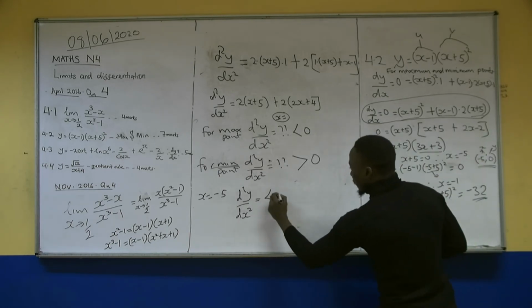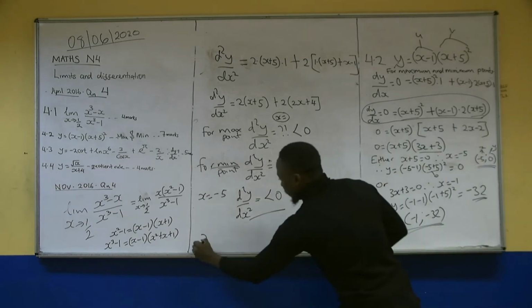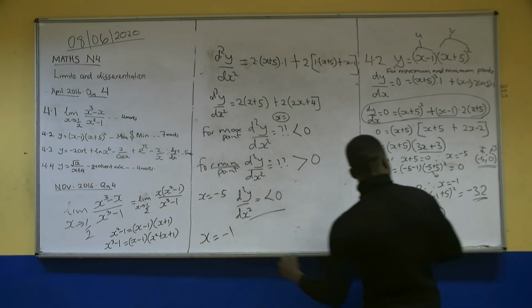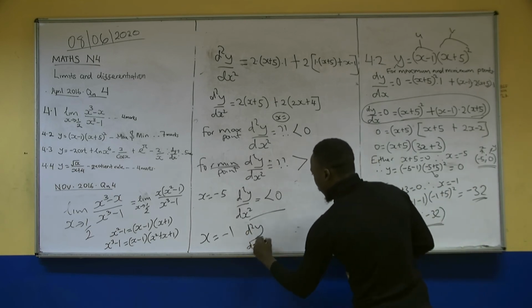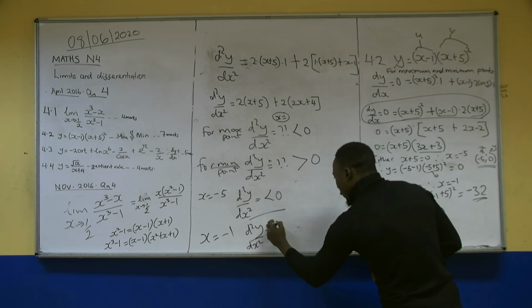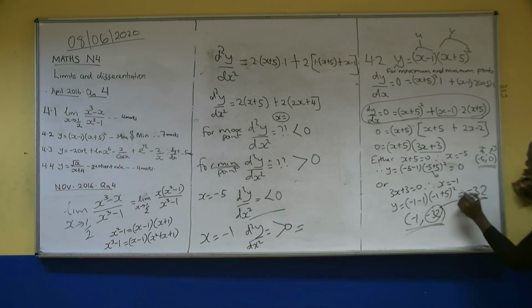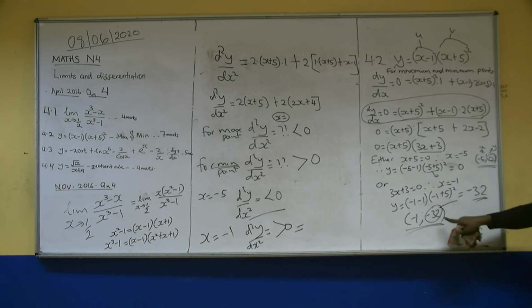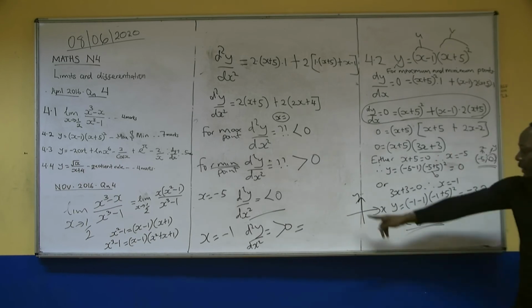Will be what? You punch in the answer, I think you will get something less than 0. It will be negative, or less than 0. If you substitute x equal to negative 1 into dy dx squared with the calculator, I know it will be greater than 0. How am I seeing this? Don't follow me, just look at me. I just come to the value of y. The values of y: you know 0 is greater than negative 32, which means that this is the maximum value, because